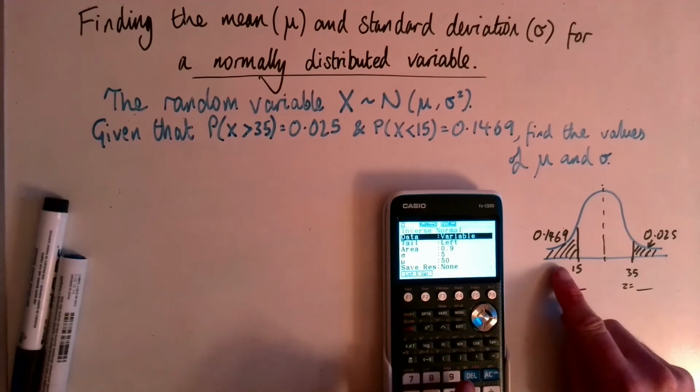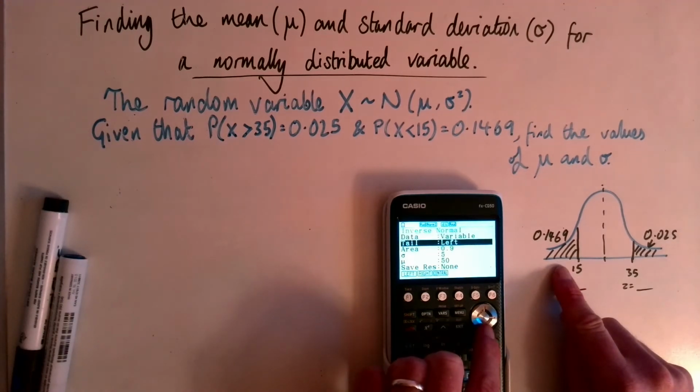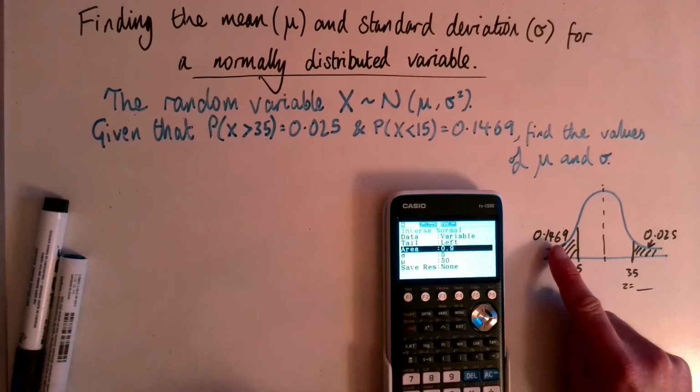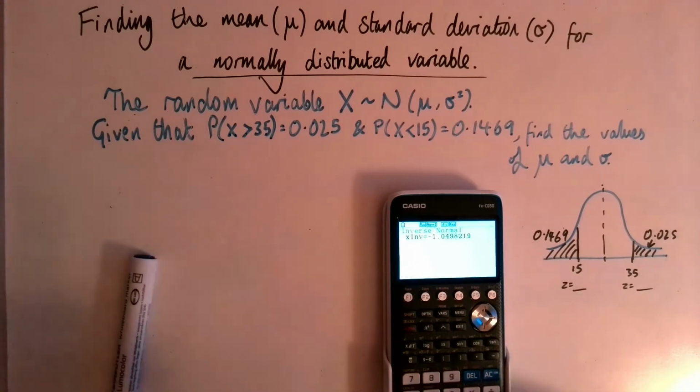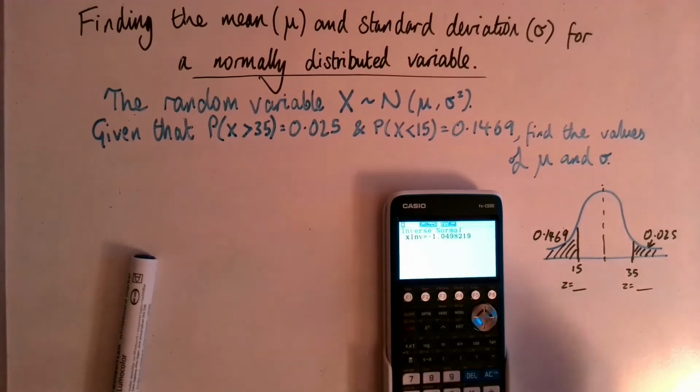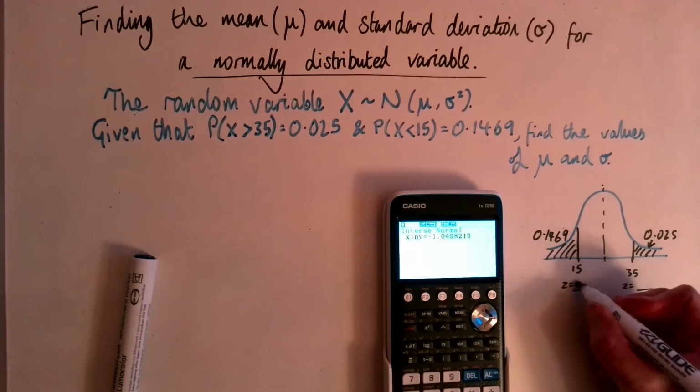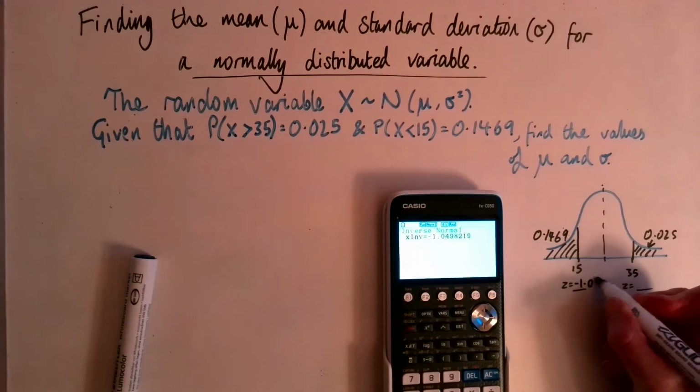So what do we know? If we do this one first, we want the left tail, so we've got that already. We want the area, the probability, to be 0.1469. We're going for standard normal distribution, so standardized has got to be 1 for the standard deviation and 0 for the mean. Press equals on that, gives us minus 1.04. Now, 3 significant figures will be close enough for this. So if we say that's 1.05,